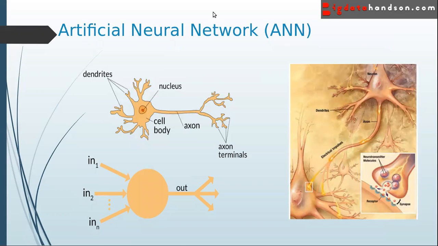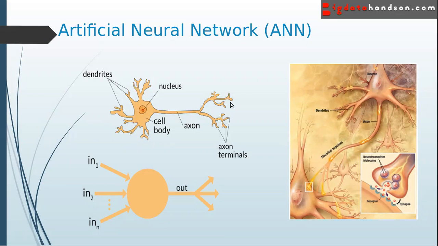And let's see what an artificial neural network is. As said before, artificial neural networks are created inspired by our human brain. In the human brain we have neurons, right? So this is a single neuron. In a single neuron we have dendrites, cell body, nucleus, and axon.